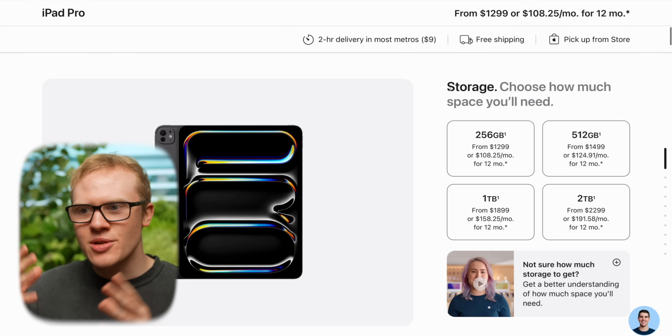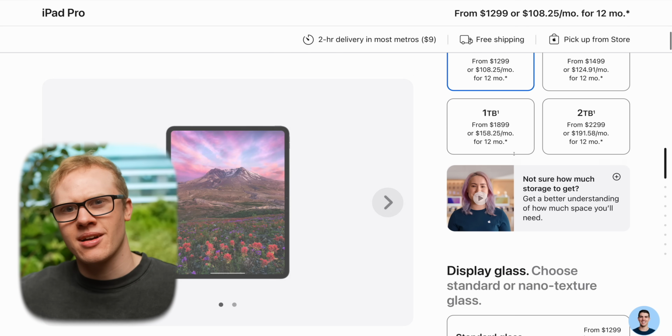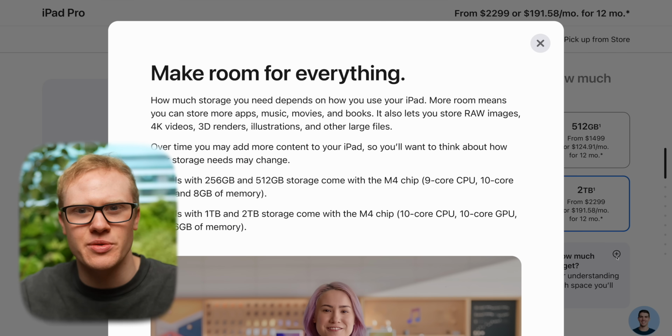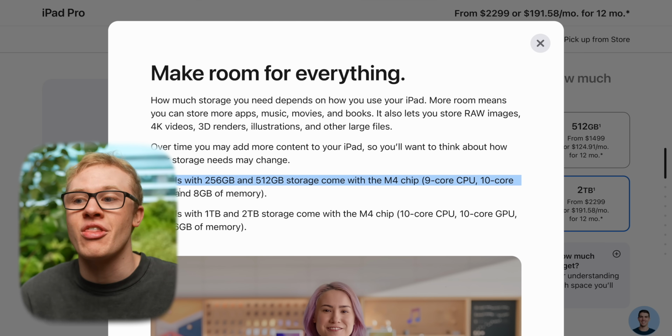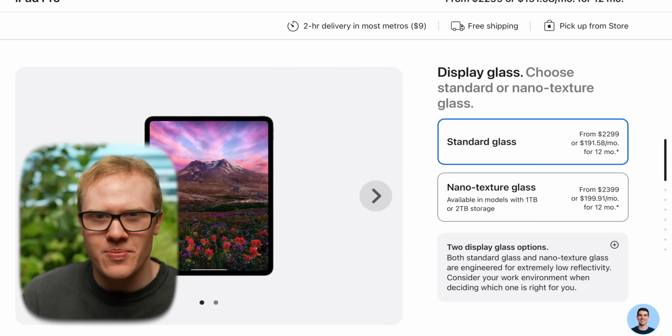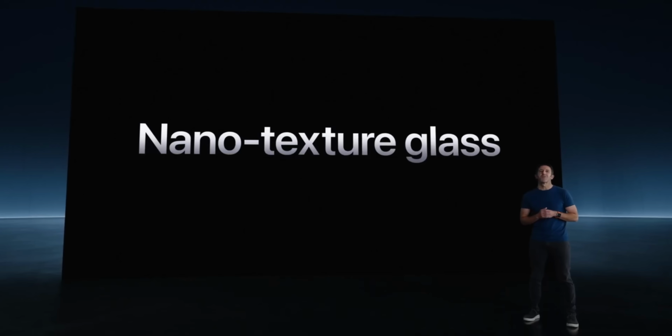The thing is, it's not super clear when you're buying the iPad Pro that you're actually getting more performance depending on how much money you spend. You actually have to click on this box on Apple's website to explain why you would need more storage, and then Apple breaks down the differences between the different models. But what Apple does make clear here is that the 1 or 2 terabyte iPad Pros do get an exclusive display option, because it is only on the 1 or 2 terabyte iPad Pro that you can get the new